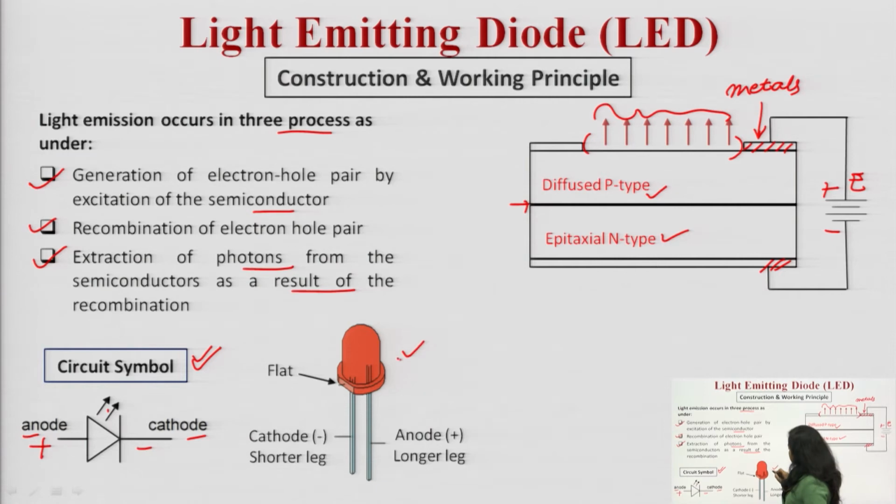Practically, you must have seen this type of LED whenever you have implemented any project or gone to your laboratories. In this particular type of LED, you would be very curious how to identify, as there are two terminals, two legs available. Then how to identify which is the anode and which is the cathode? You need to identify out of those two legs which one is the cathode and which one is the anode.